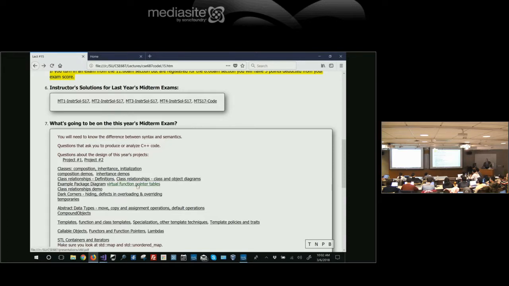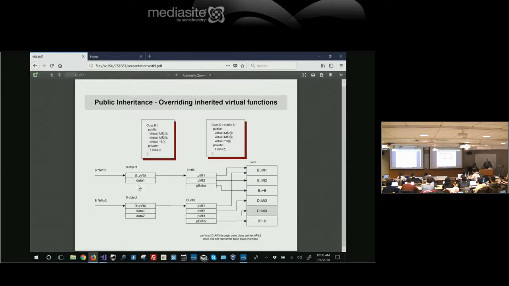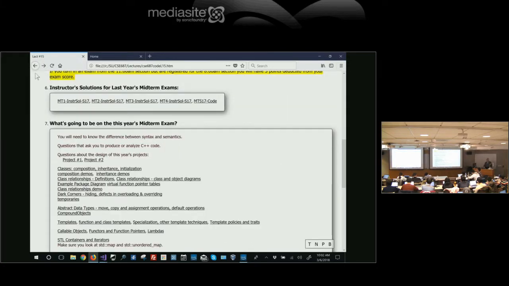Virtual function pointer tables, you need to know about this, how it works. Very likely when you walk over the threshold for an interview, you'll get asked that question. That'll be about the third question asked of you. That's the separator. Do we talk to you, do we take you to lunch or not? Okay. If you can't answer that question, we put you on the bus. If you can answer that question, we take you to lunch.